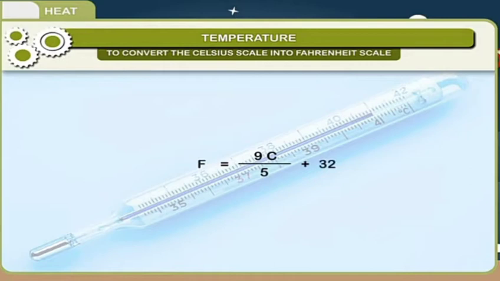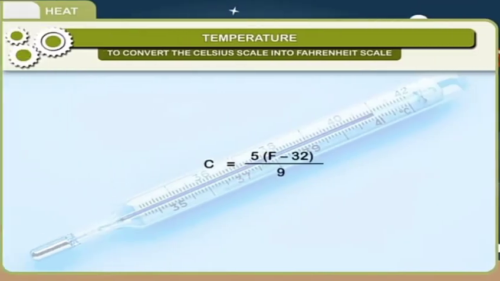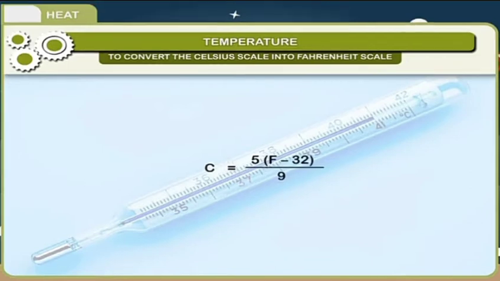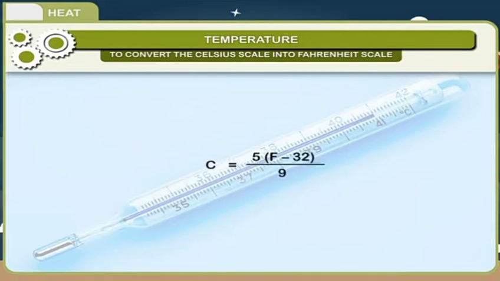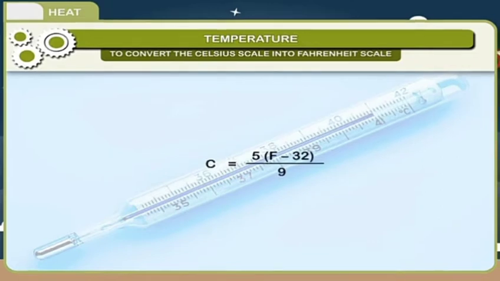Or after rearrangement, we can also come to the conclusion C = 5 multiplied by (F − 32) whole in a bracket over 9. So it is a task for you guys, how starting from the first formula we come to this. Quite simple, just a couple of one or two steps. And the conversion of Celsius to Kelvin or Kelvin to Celsius, that is even more simple.